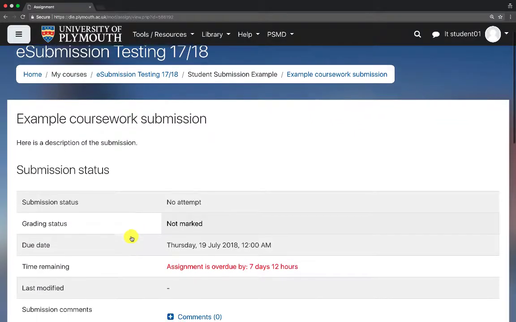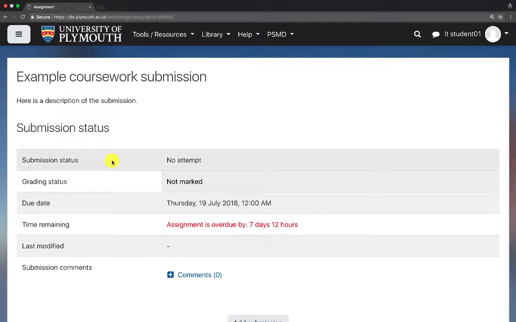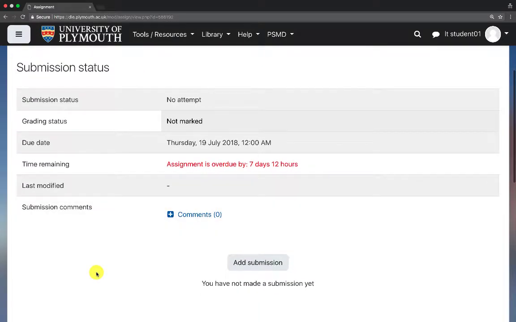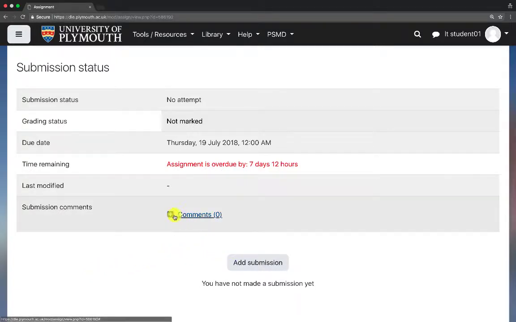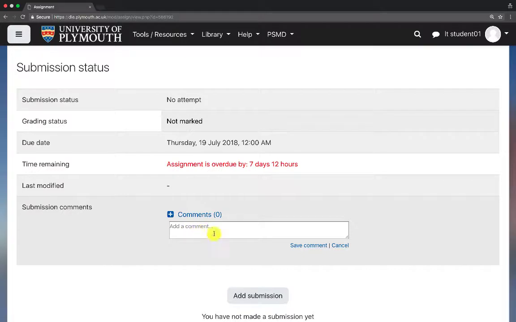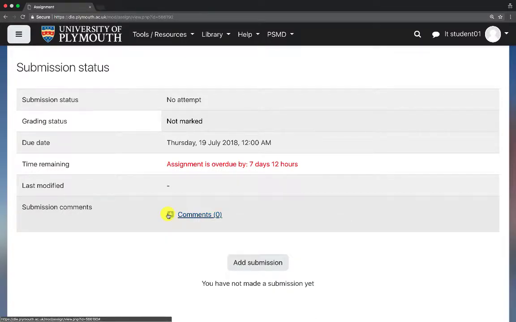Here you can see the submission status, the grade given, the date the submission is due by and the amount of time remaining, when the submission was last modified, and any comments left by the marker on the submission. You are able to leave your own comments as well that are visible to markers by clicking Comments. This brings up a text box where you can type what you want to say and click Save to post